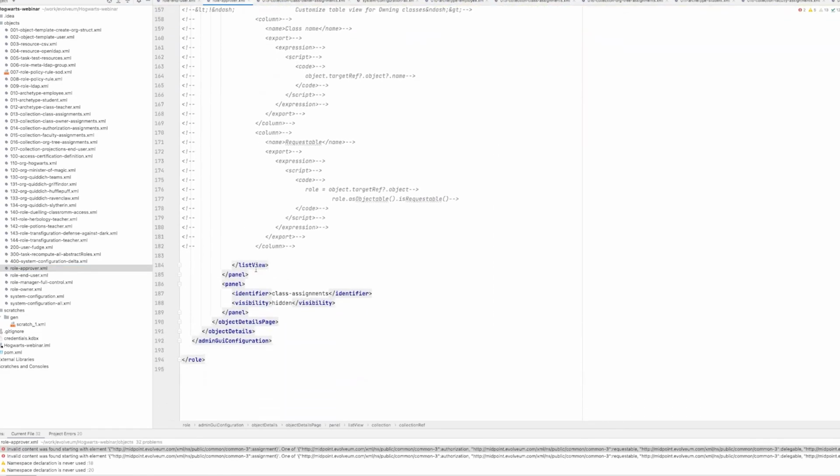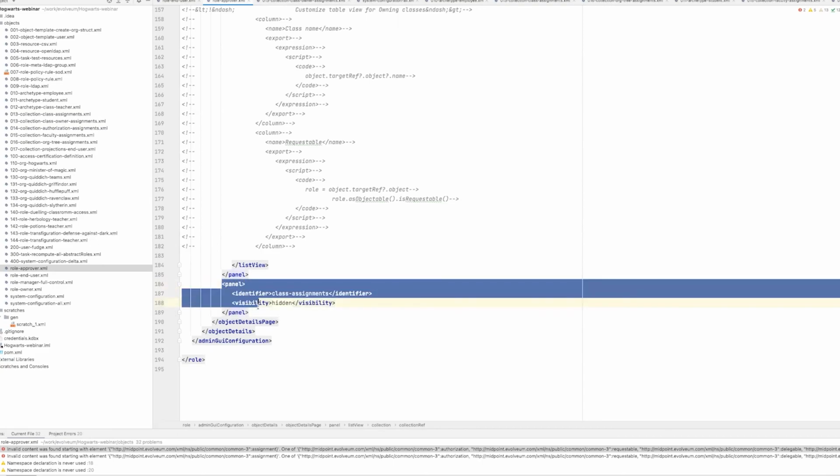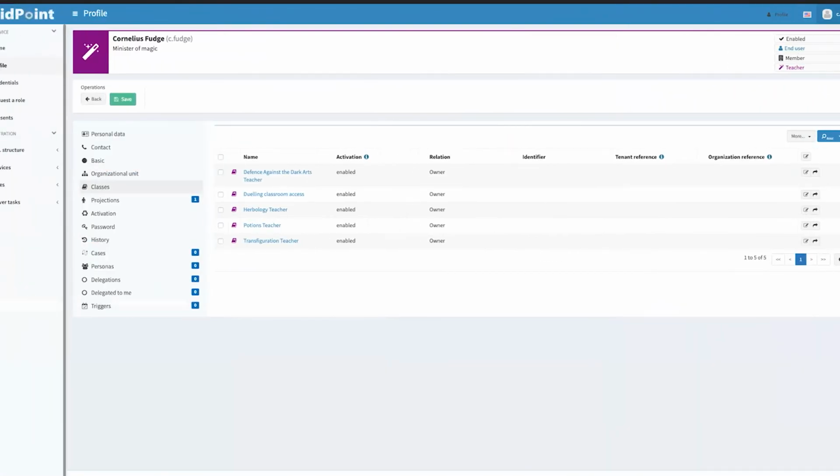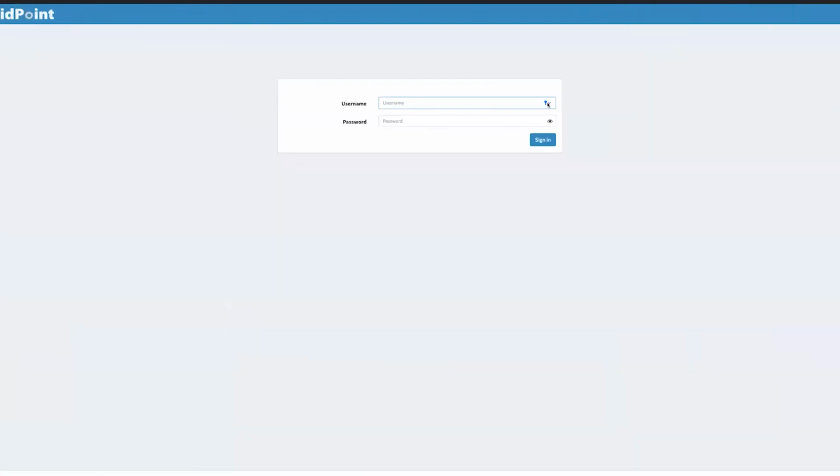The second thing we want for the approver is to hide class assignments, as it is not important to show them to them. So we do the same magic as we did before. When we upload the changes and go back to MidPoint and re-log in as Cornelius Fudge,